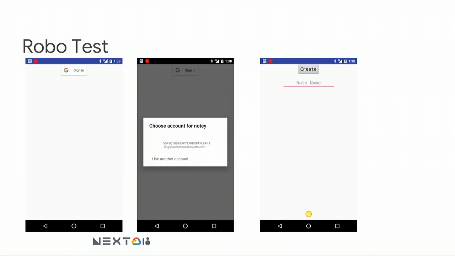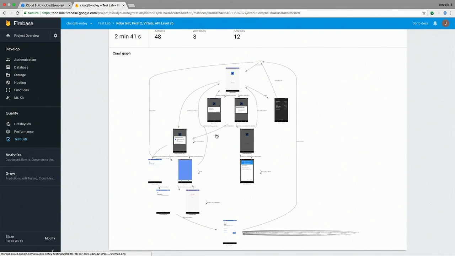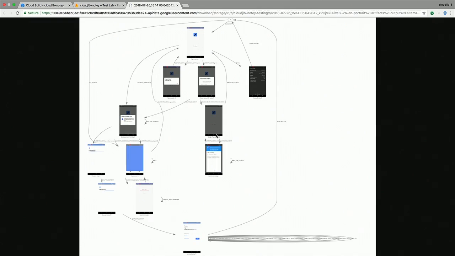And this is sort of like some screenshots from a robo test. I can actually flip over to the other laptop and show you some of the output of a robo test if you're interested. So here you can see some of the flow of a robo test, which is kind of like a random touch and type test. And you can see I'm using Firebase auth. I know this is a little small. I can get into some screenshots. But I'm using Firebase auth here,